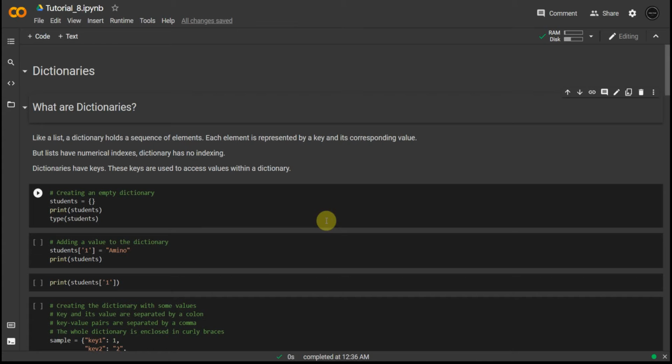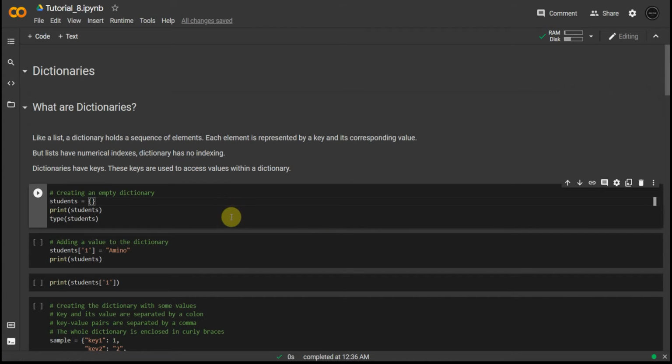What are dictionaries? Dictionaries are built-in data types. Just like lists and tuples, they store a collection of data. Now how is it different from lists and tuples? In dictionaries we don't have indexing like lists or anything of that sort. Instead we have something called keys, and we define each key with a value, right? So let's see what this means actually.